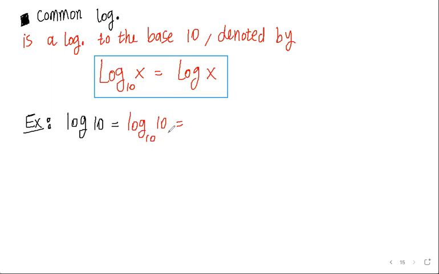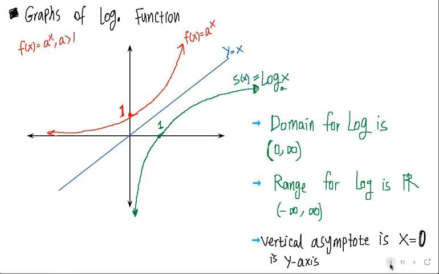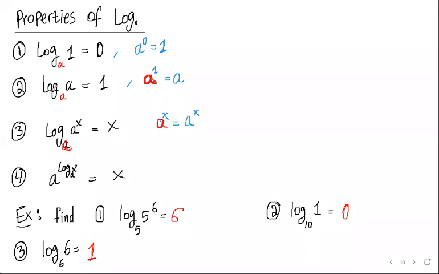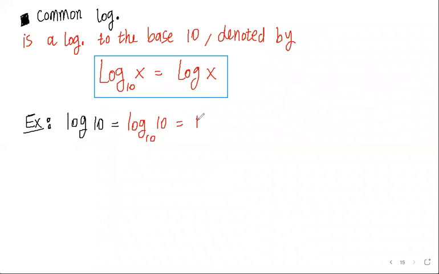What is the logarithm of 10 to the base 10? By using these properties, log a to the base a is exactly 1. So the answer is 1. And what is this number 1? Number 2, log